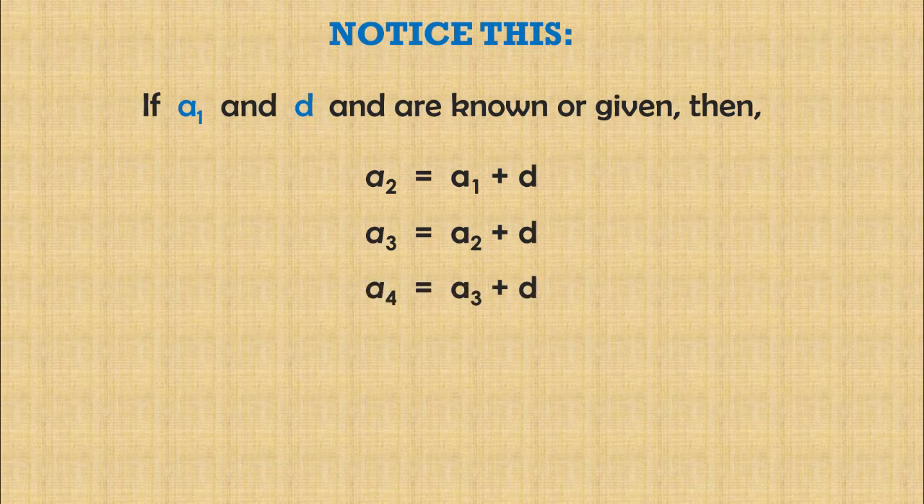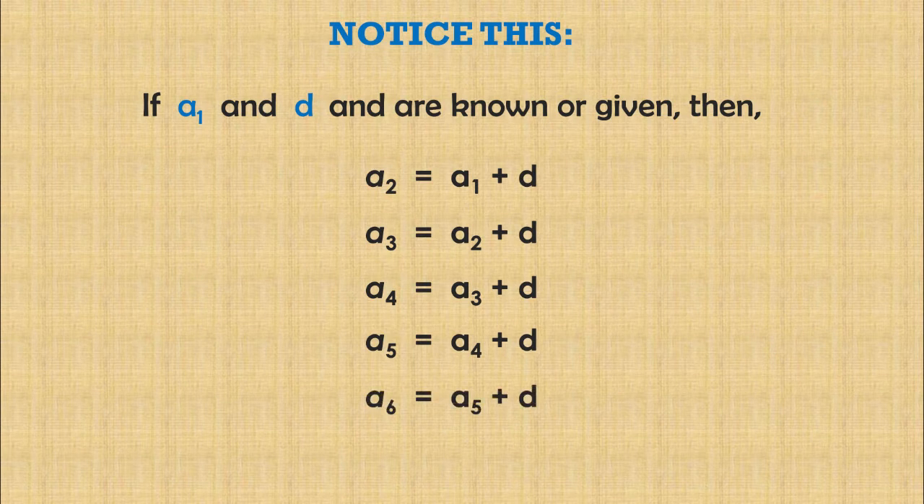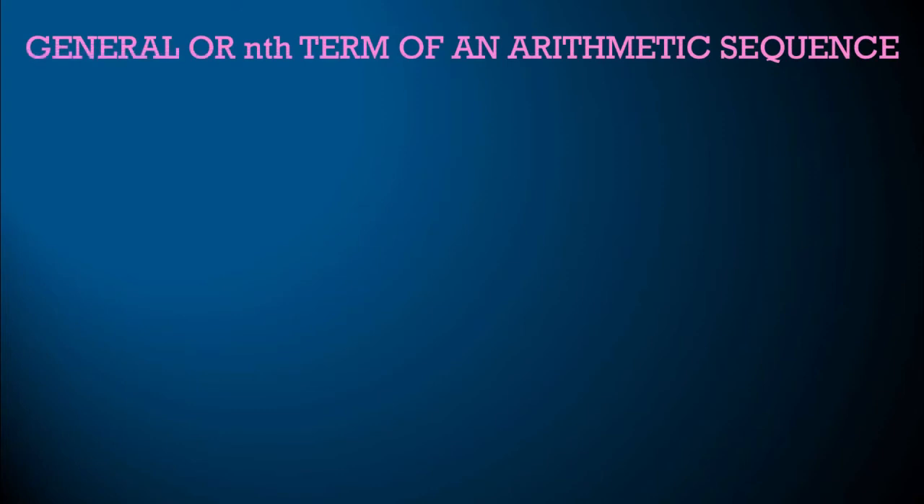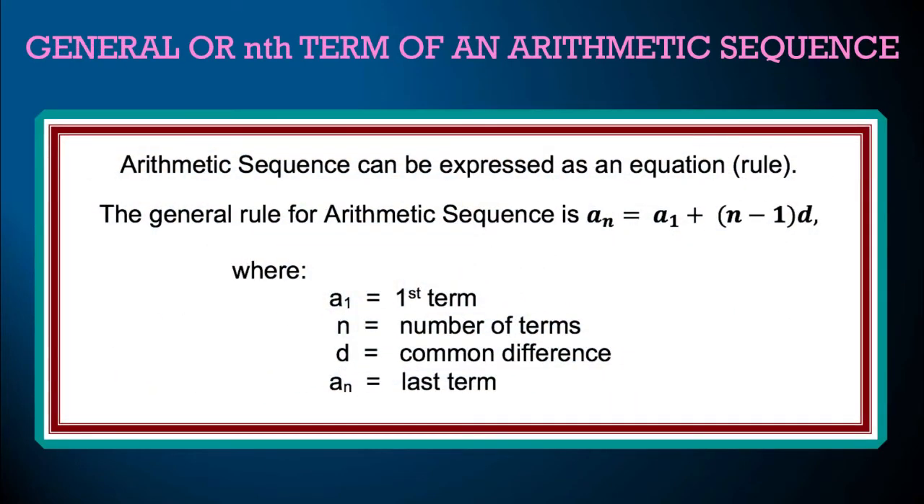A sub 4 will be equal to A sub 3 plus D. A sub 5 is equal to A sub 4 plus D. A sub 6 is equal to a sub 5 plus d. Thus, the general term of a sequence can be written using a recursive formula, which is,